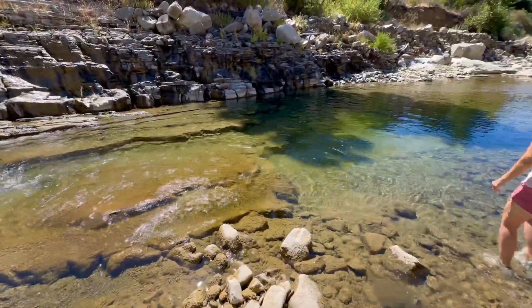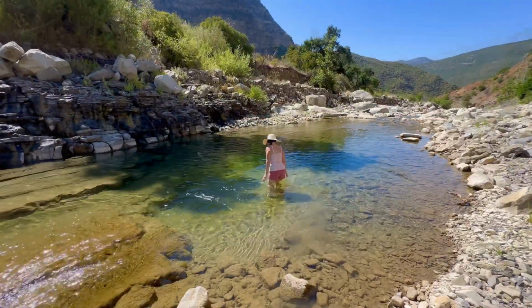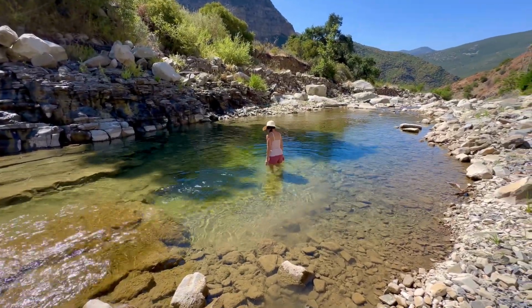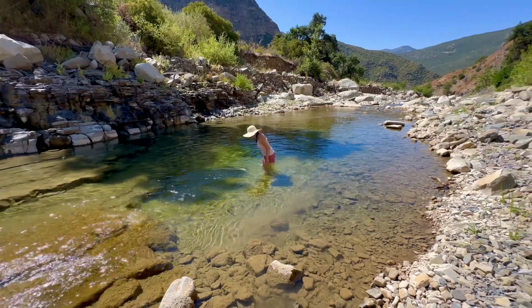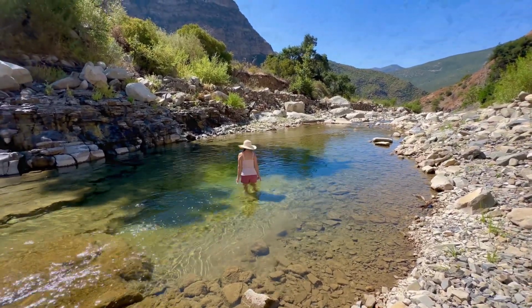Keep your eyes open. You will see creek snakes along the way. They are harmless though. There's a snake in there, don't forget. She saw the snake come out of a rock. I don't think it's a harmful one, but...